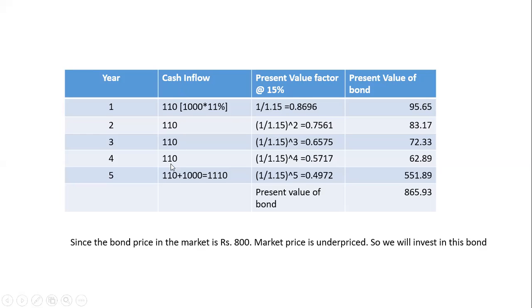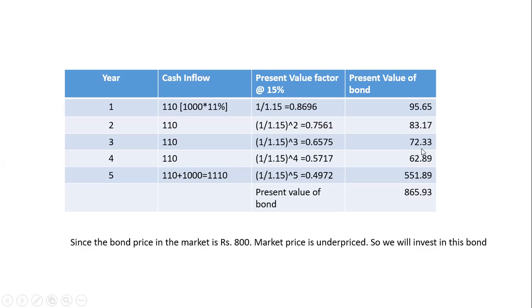This is a future value, and using the discounting factor YTM of 15%, yield to maturity, 1 divided by 1 plus 0.15 raised to 1. This is first year. Raised to 2, second year, raised to 3, third year, raised to 4, fourth year, raised to 5, fifth year. And the last column is present value of bond, that is 95.65,